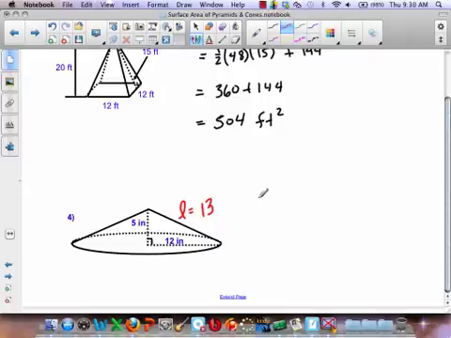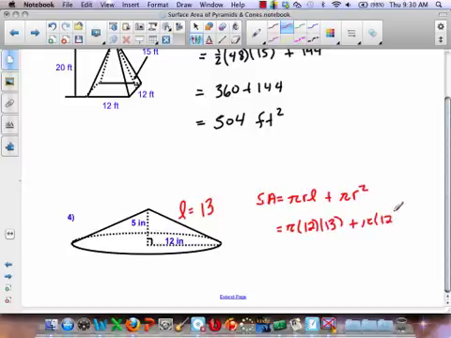So surface area. Pi r l plus pi r squared. 5 times 12 times the slant height of 13 plus pi times 12 squared. That's 156 pi, 144 pi. And that gives us 300 pi. Wait, what is that number? 156. Alright,